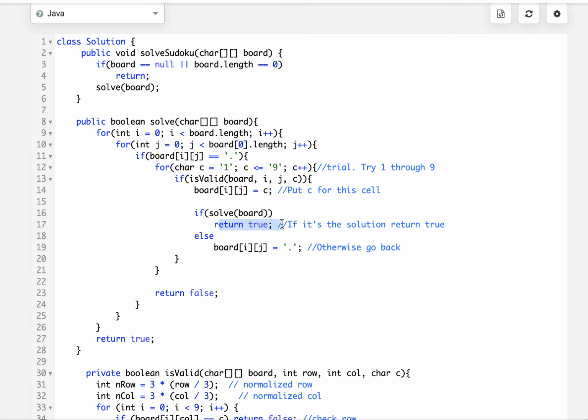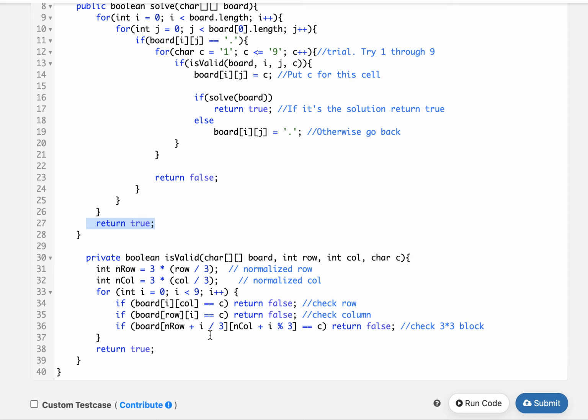Otherwise, we simply go back and backtrack the board to the previous state, which was an empty or vacant state. If we can't return true, we'll simply return false after this processing, and in the end we return true from here. Let's talk about the helper method, which forms the core of this problem.